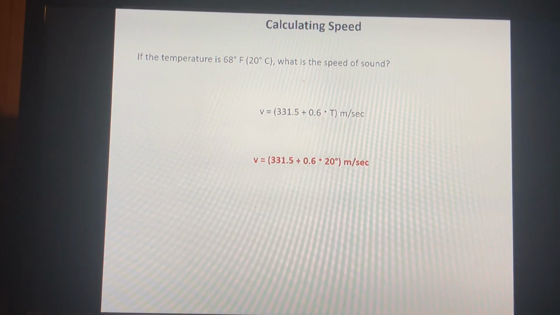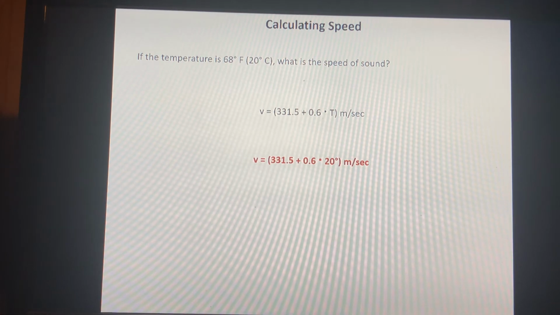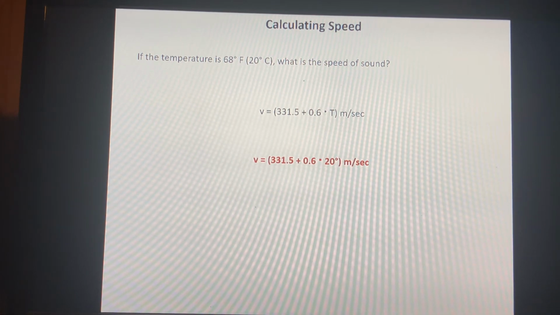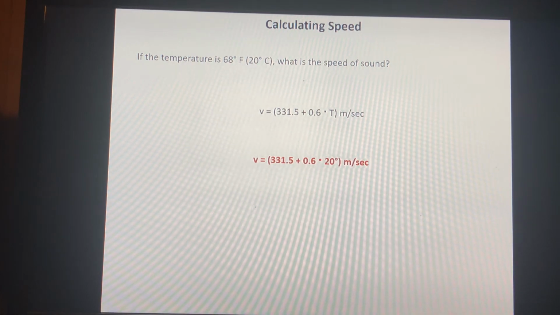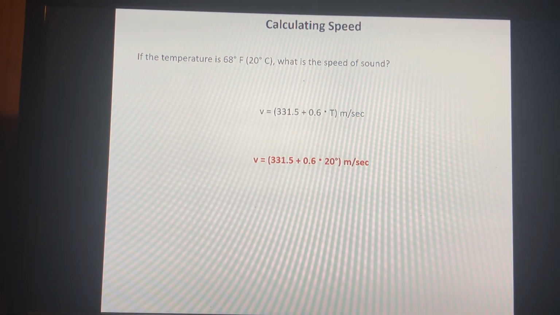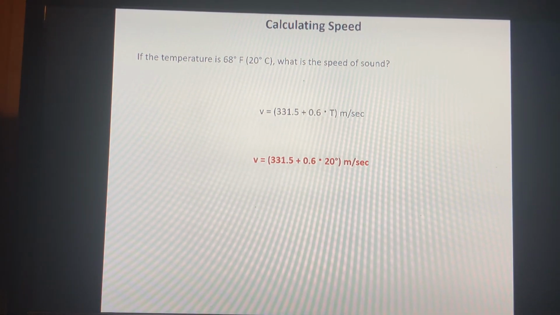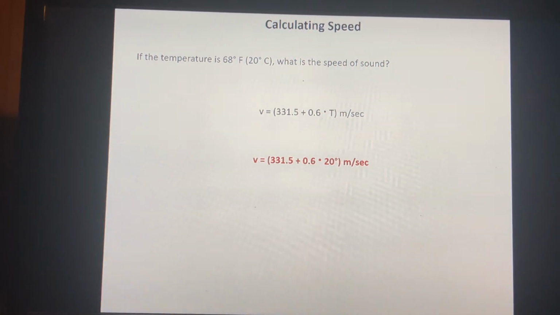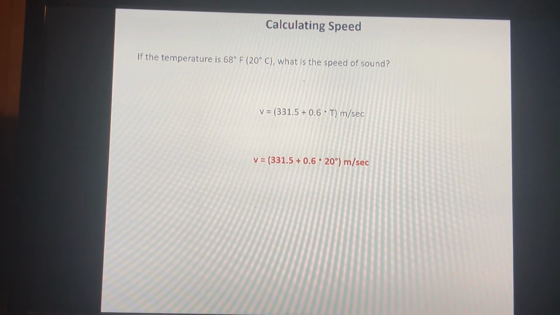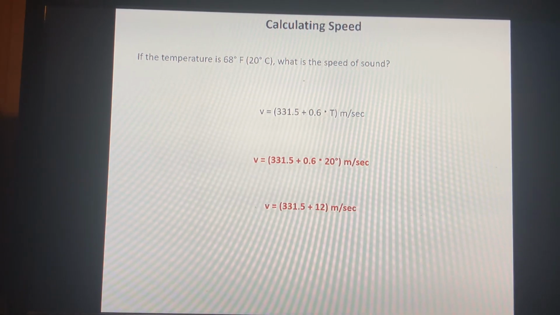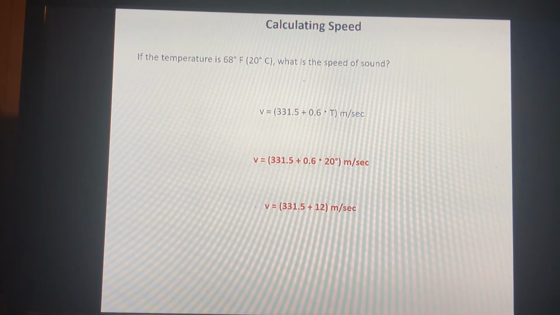We know that it's 20 degrees Celsius. So as we look at that, we also know, because of order of operations, that we need to do multiplication and division before we do addition and subtraction when we have complicated equations like this. So the first thing we're going to do is multiply 0.6 times 20 degrees. We get 12, and so then, very easy, we are just going to add 12 to